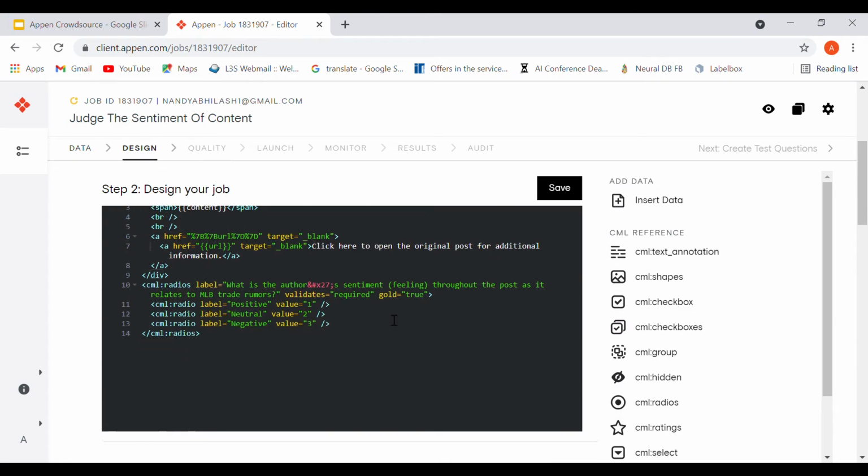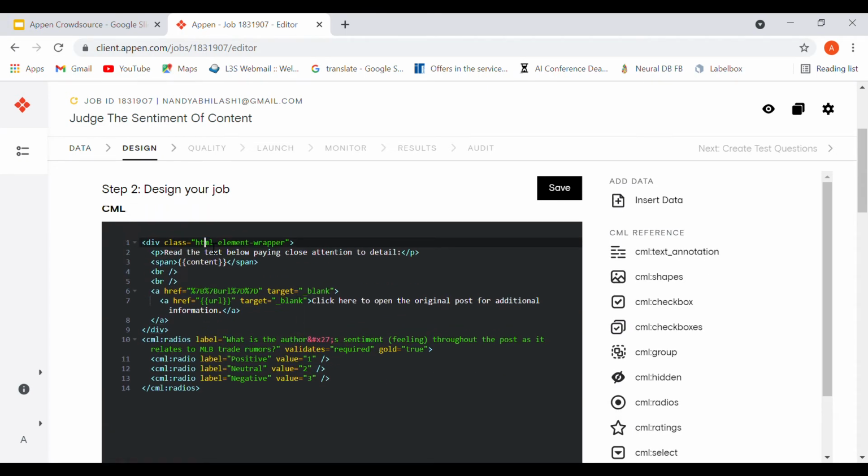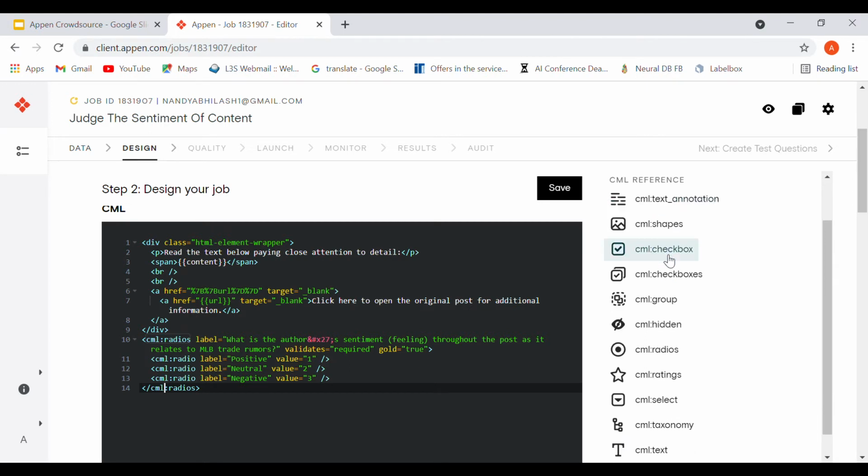Over here it's a mixture of HTML as well as CML, the Content Markup Language of Appen. If you want to give input fields for the annotator to provide their own inputs, that is where the markup language comes in.